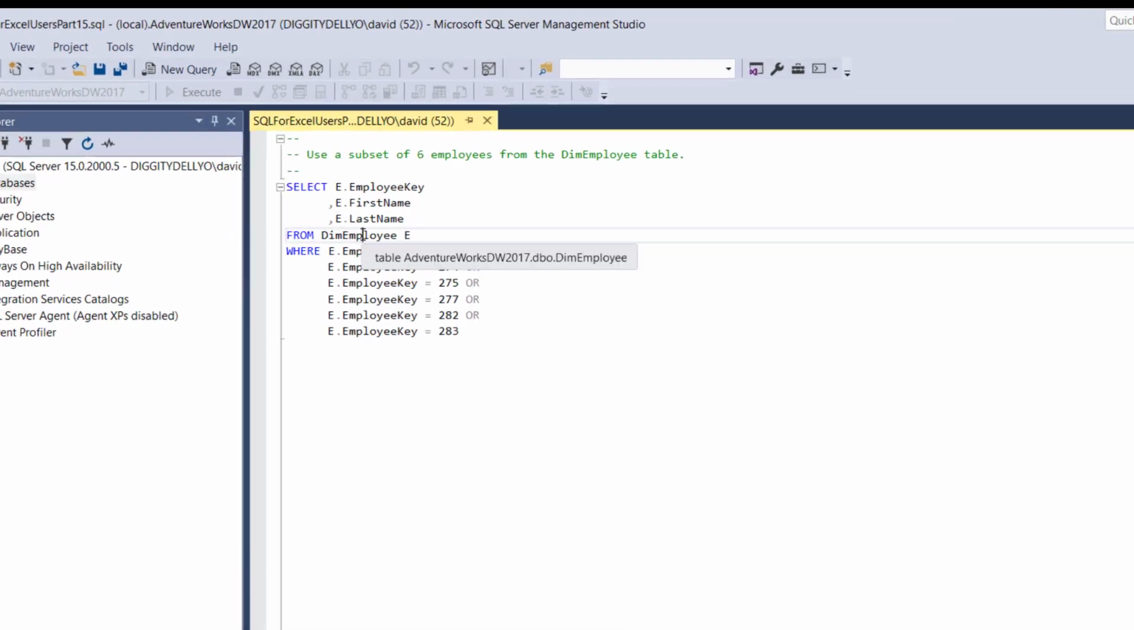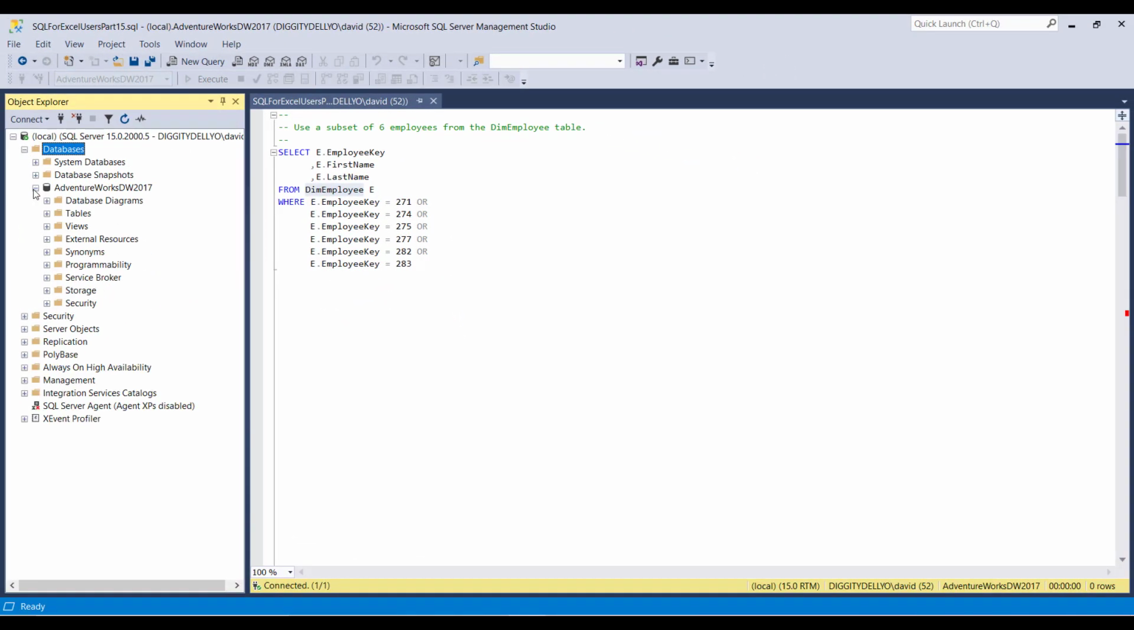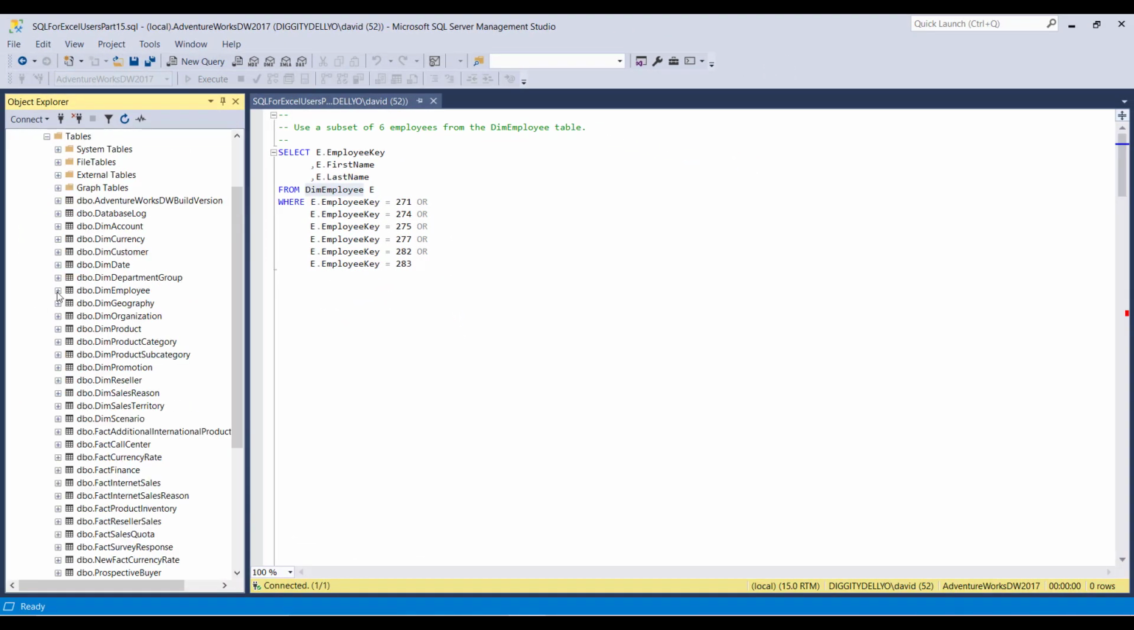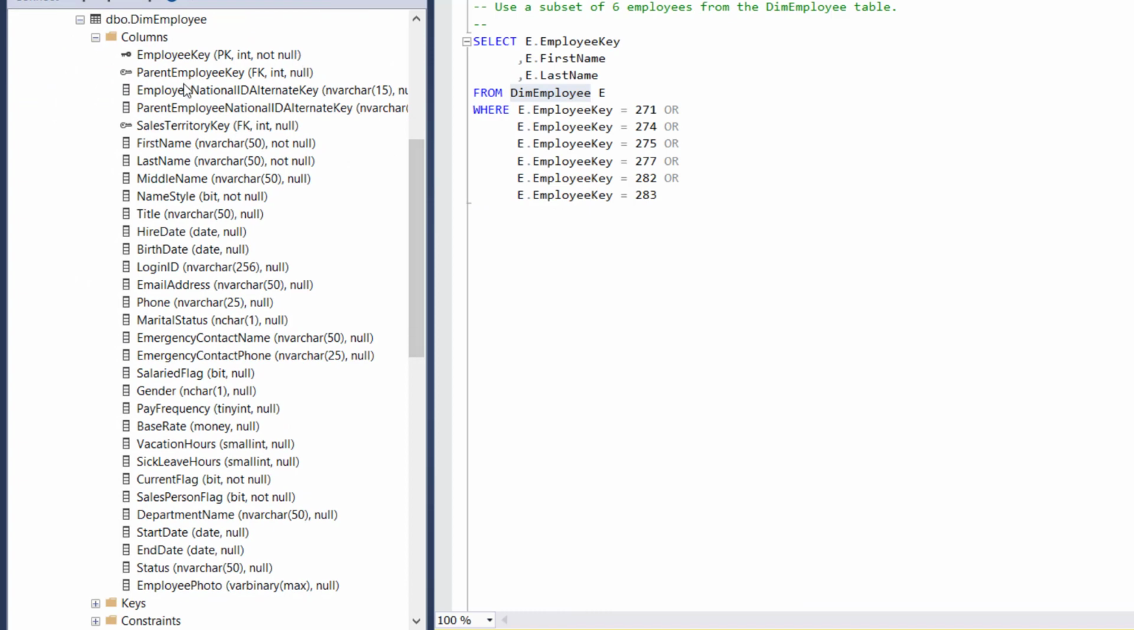In particular, I am going to be using the dim employee table as the left table in our join. So let's take a quick look at that. So I can open this up and dim employee, and you can see that there are a lot of columns. But for the purposes of today's video, I'm just going to use employee key, first name and last name. But you can see there's a bunch of things here, right? Sick leave hours, vacation hours, a whole bunch of different things that you would expect to be associated with employees in the database. And there are a number of employees, so I'm also going to limit it to a subset,